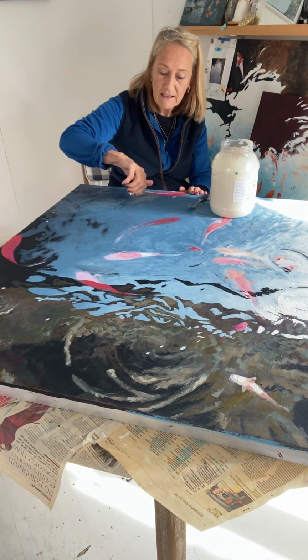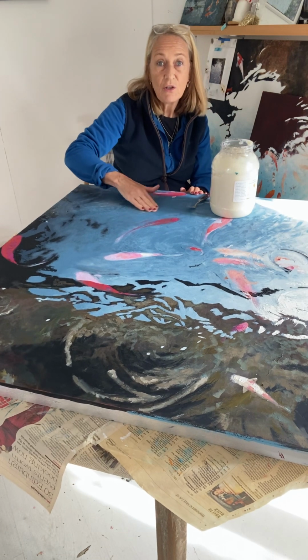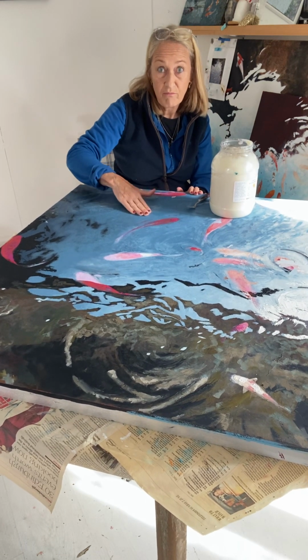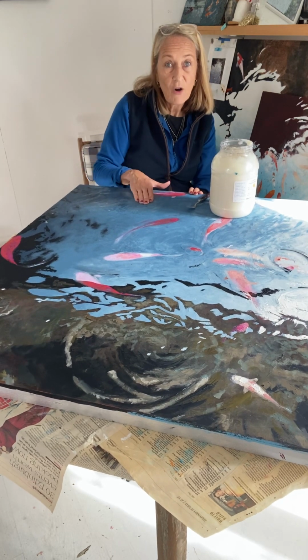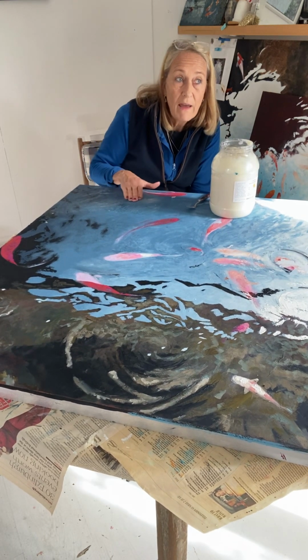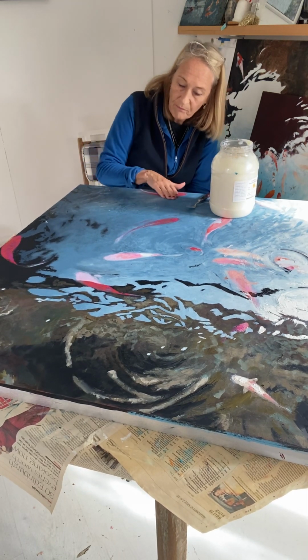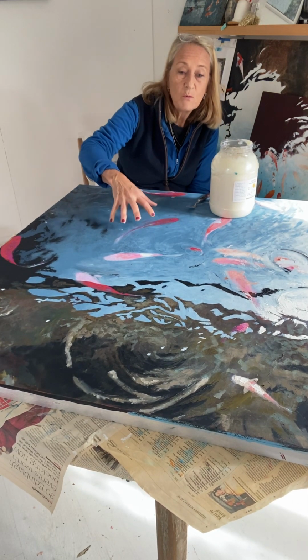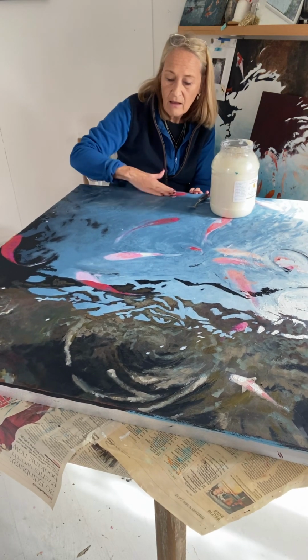Oh, and the other thing is, as somebody asked, you can use this on... I'm fairly sure you can. I can't see any reason why you couldn't. You could use this as a way of varnishing an acrylic painting as well, as long as the painting was on a rigid surface, because the thing is that it's a thin layer of